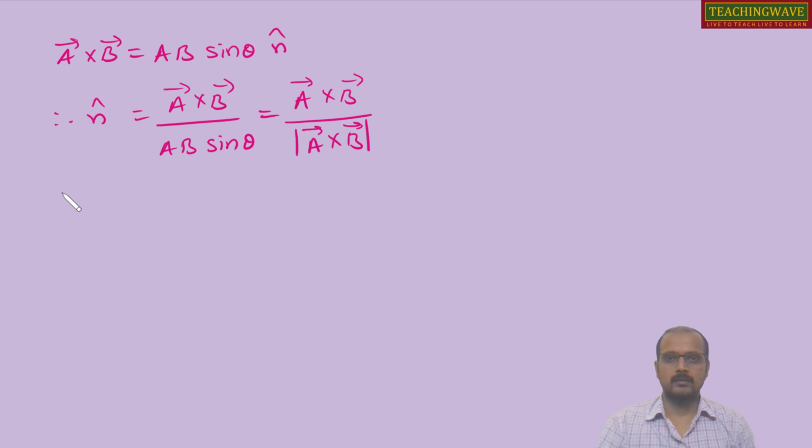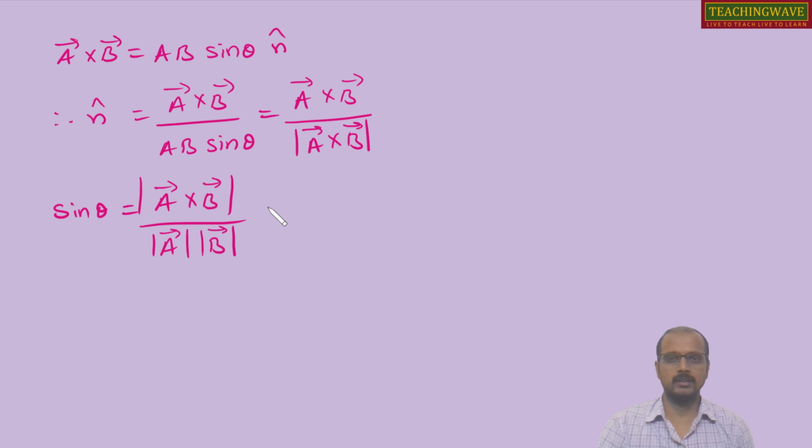Now come to the sine of the angle between any two vectors, if mentioned. In that situation, sin theta is equivalent to the magnitude of a bar cross b bar divided by modulus of a bar into modulus of b bar. Because a bar cross b bar gives ab sin theta, divided by ab, we get sin theta only. So sin theta is equivalent to modulus of a bar cross b bar by mod a mod b.